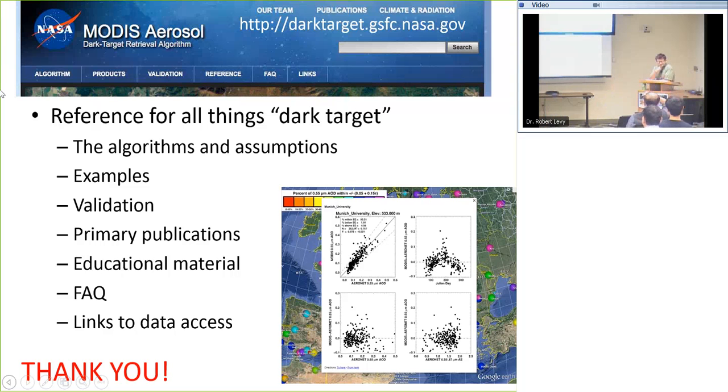Given that we talked about the cloud contamination and also there will be drift, is it possible or advisable even to look at trends in the data set now? Now you've got 15 years. People are definitely doing it, and that's why we work so hard on trying to understand the data ourselves. I think we're almost to the point where we trust our data well enough to do trends. With this last collection, 6.1, there are still offsets between the two MODIS instruments, but they seem, at least through 2017 or so,